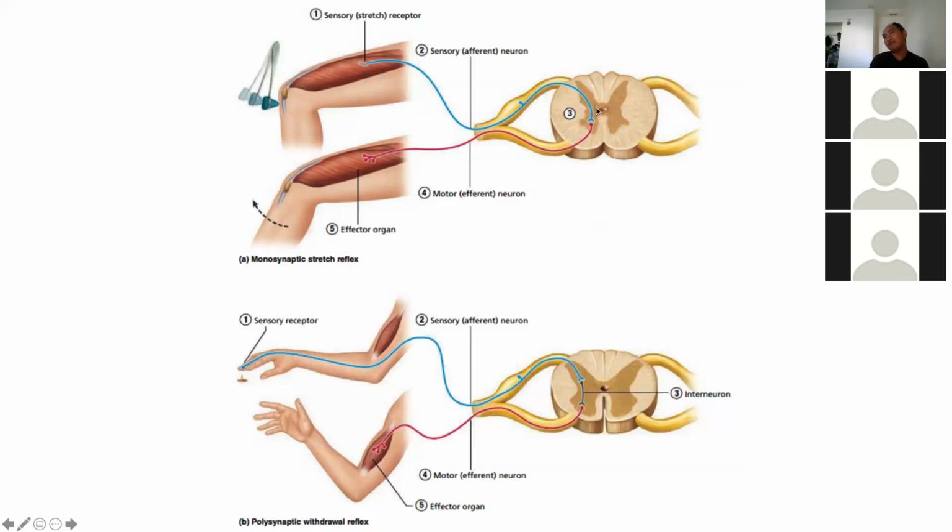They don't even have an interneuron. Look at that. They don't even have an interneuron. And then they will go directly to the anterior horn motor neuron and make the quadriceps muscle contract. So then the knee extends. So this is what we call a monosynaptic stretch reflex, because there is no interneuron. And here we have an interneuron, therefore we call it polysynaptic